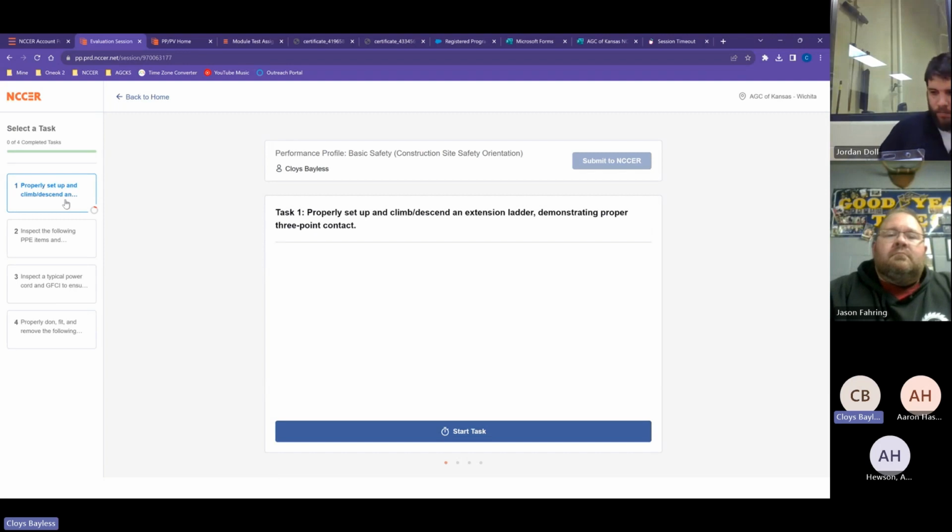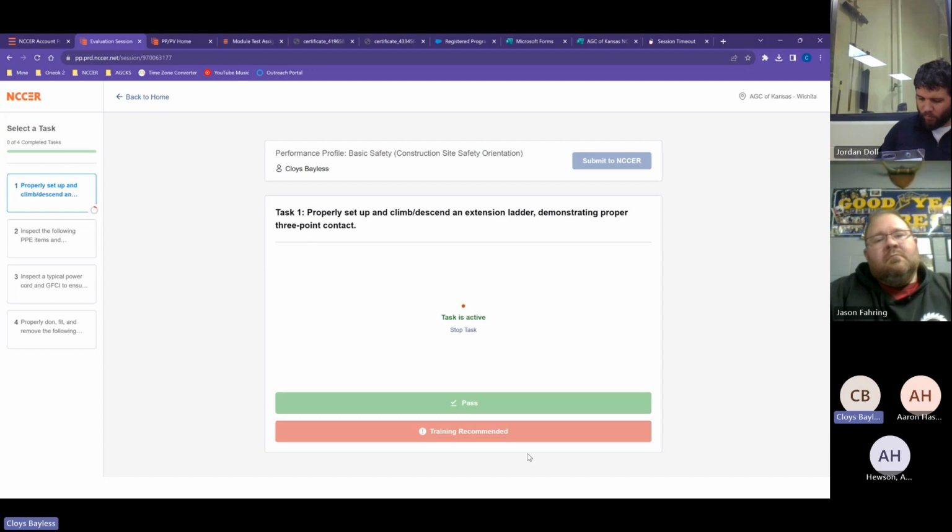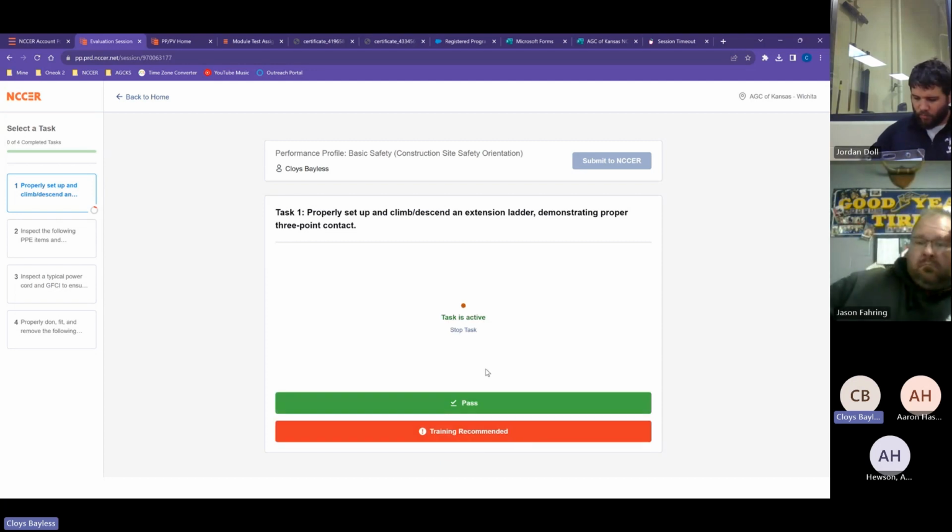This is the performance profile that we've been doing on paper, but is now online. Since I have one person, I am going to choose them. If I had more than one person, they would be listed right here in between. We'll have all the students here. You click on them and you say start the task. And so now they're supposed to be setting up and climbing a ladder or whatever that task may be.